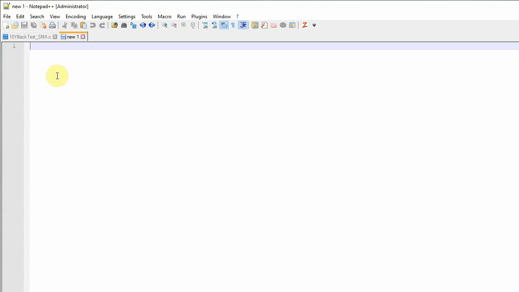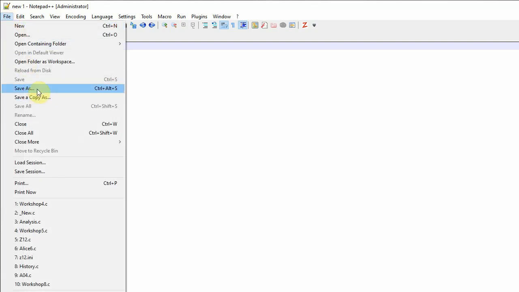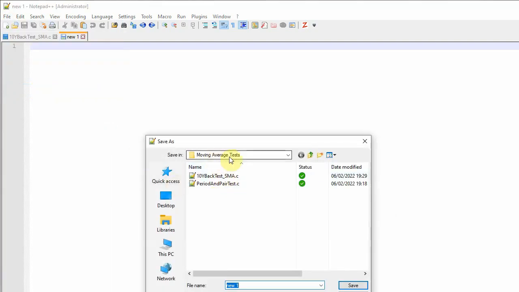You can do this in Notepad or in any other text editor, and you can do it in more complex ones like Visual Studio Code or something like that, of course, but you don't have to. So we're starting with Notepad++, and we're going to save. I've clicked a new file, and I'm going to click Save As, and I'm putting it in that folder here, and I'm just going to call this Coding Lesson 1, and I'm using the underscore here